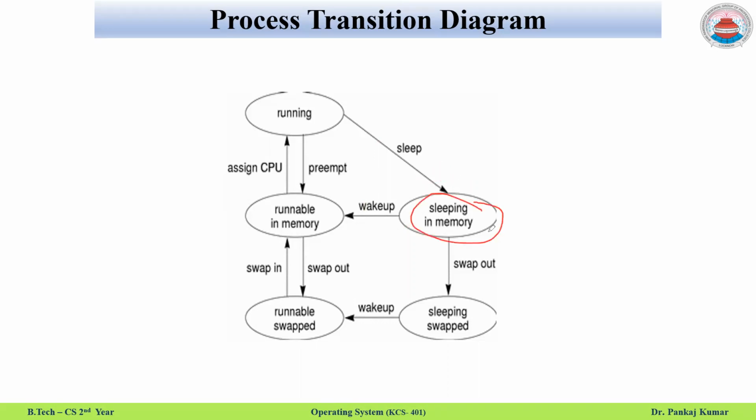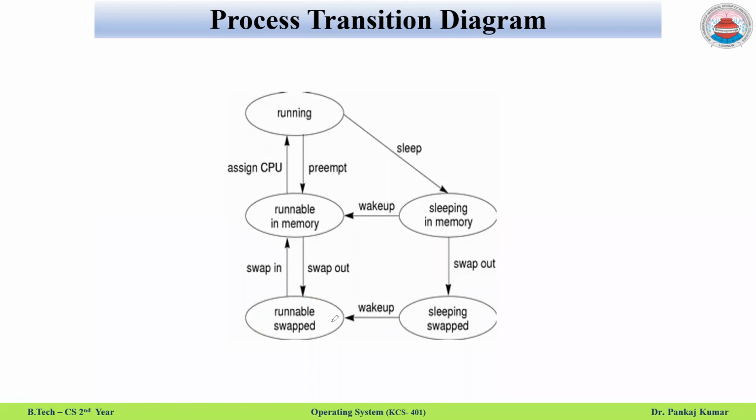Clear? And again, if any process wants to enter into the memory and there is no space in the memory, what will the OS do? If it sees a process which is not in running condition, a process in runnable condition or sleeping condition, it is moved from RAM to secondary memory, which is called swap out. But the status of that particular process is always sleeping. This activity is called sleeping swap, and this activity is called runnable swap.